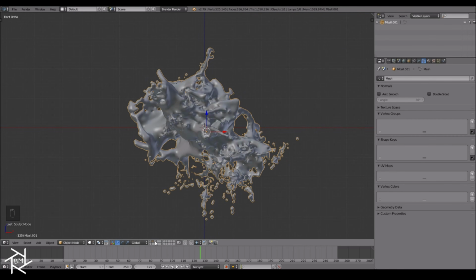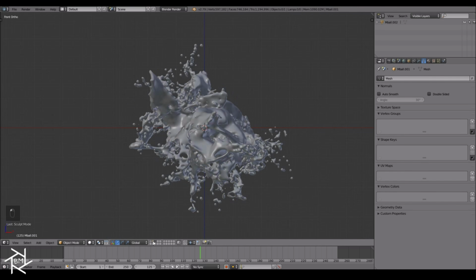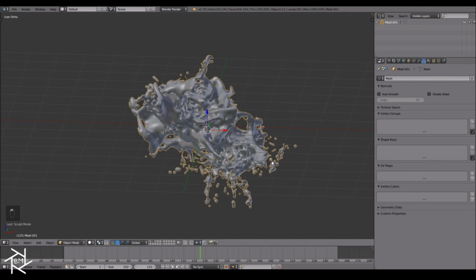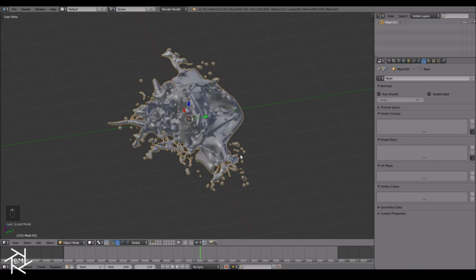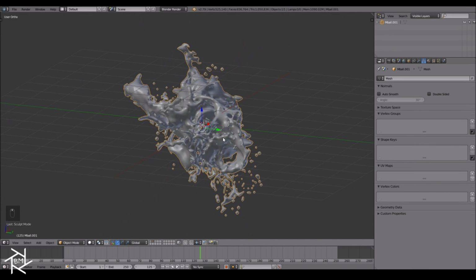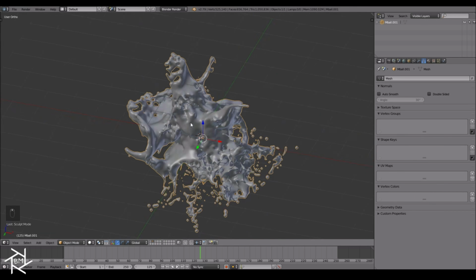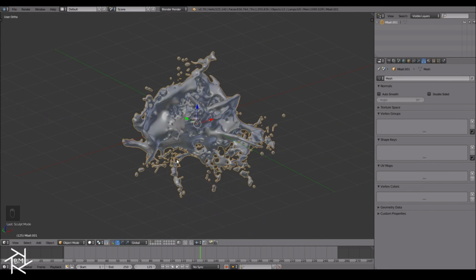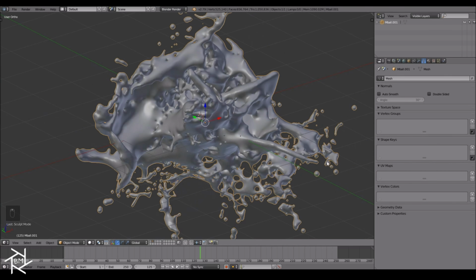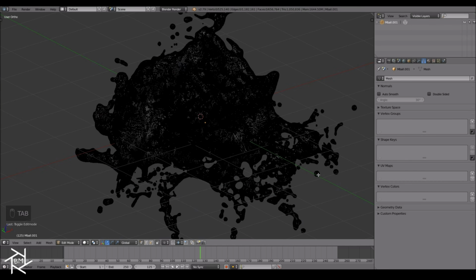Alright, so I'm done smoothing out both of these objects here, and you can notice that there's a lot of these excess bubbles just hanging outside of our main fluid object. So to get rid of that, you can either tab into edit mode and then just delete all of these single bubbles,